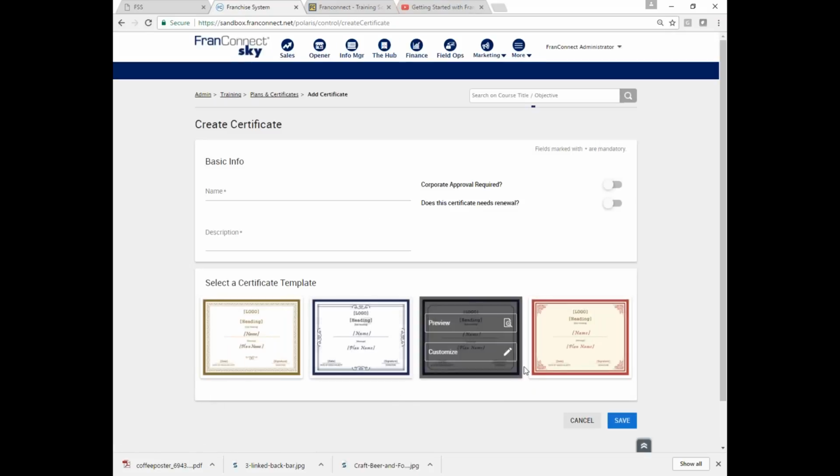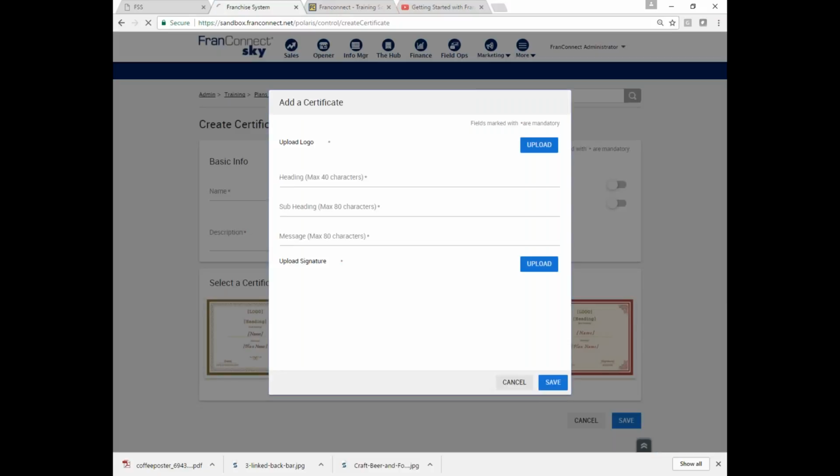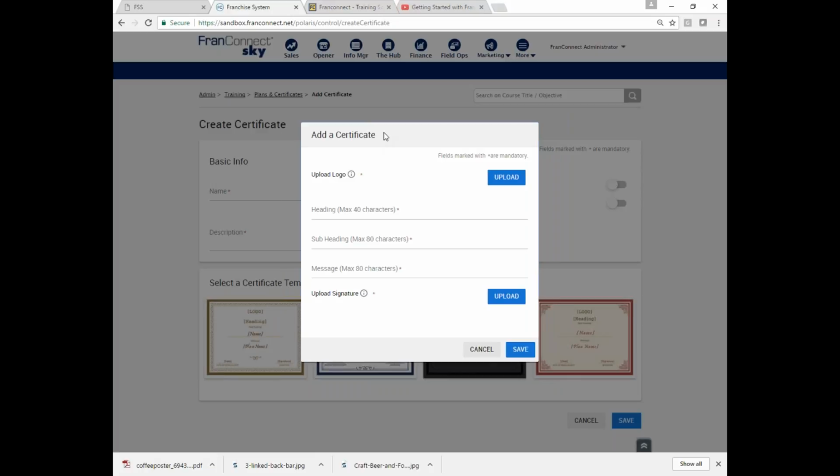And these are the 4 things that we get to use right now. I'm going to use this one because I like it. So you can see here when I'm adding stuff, it actually shows you where you're going to upload your logo. Here's your heading. This is where the heading's going to be. Here's your subheading. And then any other message that you're going to put in, and you can see where it says message. So you can see where each one of those things is going to go.